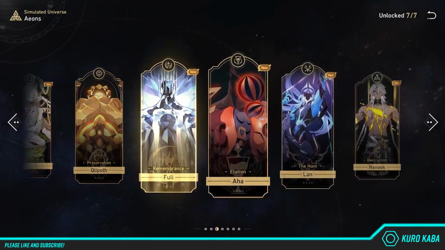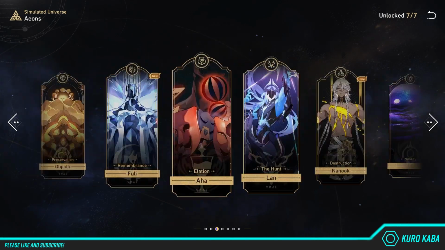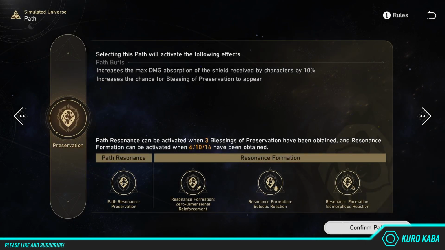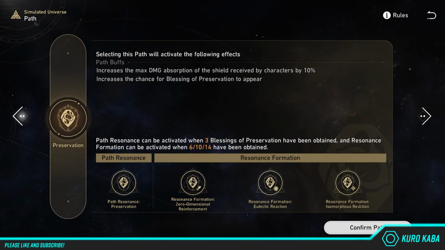Let's start with the path we're gonna take. Most of the paths are playable depending on your characters, but since survivability is gonna be our main issue, the path of preservation is our best choice. If you have characters that give out shields like March 7th and Fire Trailblazer, you can make full use of